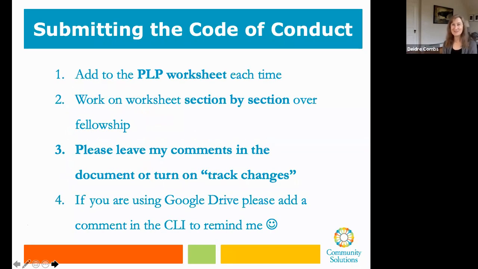You are going to include this in your personal leadership plan, in your worksheet. I want to remind you, you will be submitting your PLP worksheet again. Please use the PLP worksheet to submit each of your sections of your personal leadership plan. I have read your introductions and I have given you comments. Please leave those comments in your introduction, or turn on track changes. I need the comments. They really help me remember what we're working on. And you can also turn on track changes. That helps me as well to see,